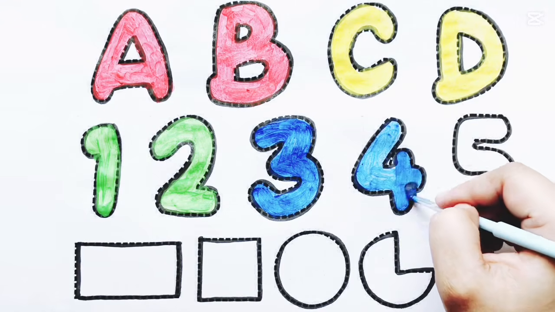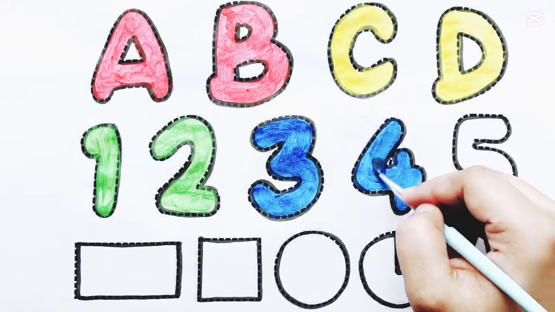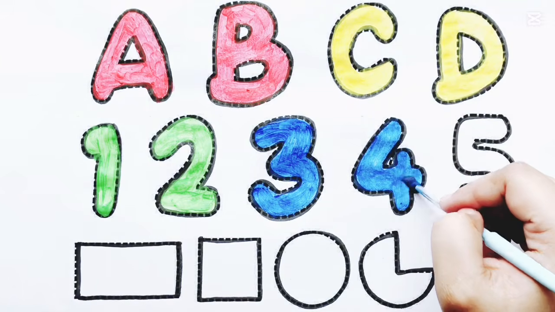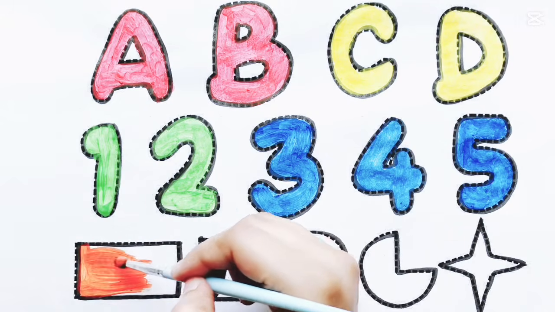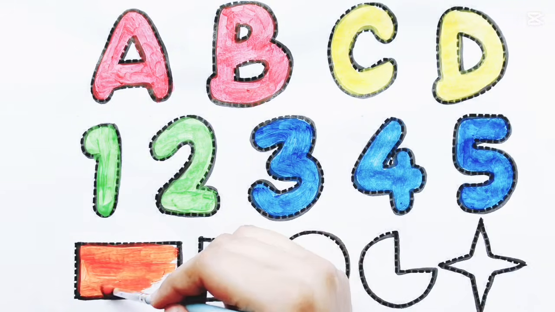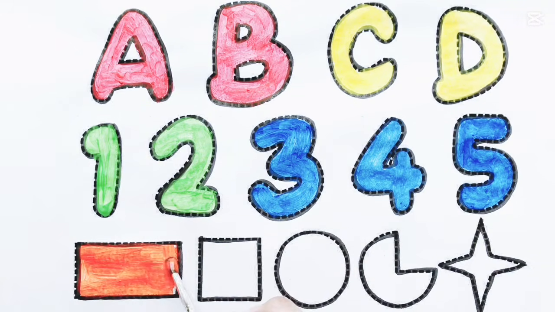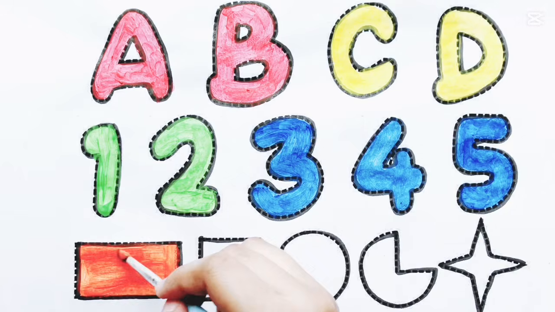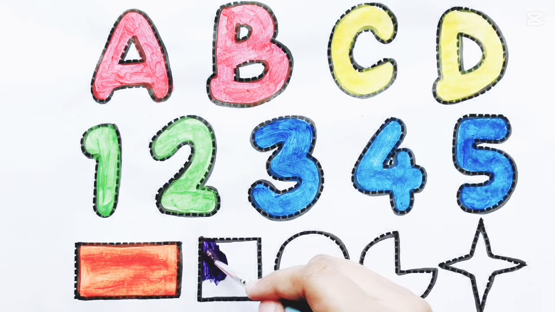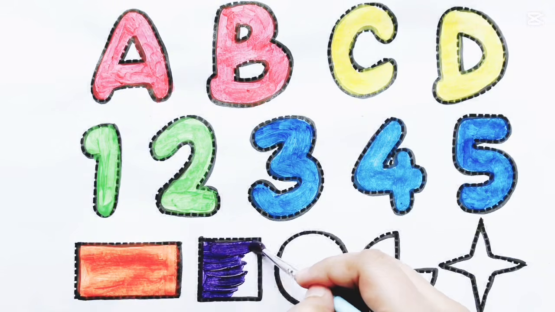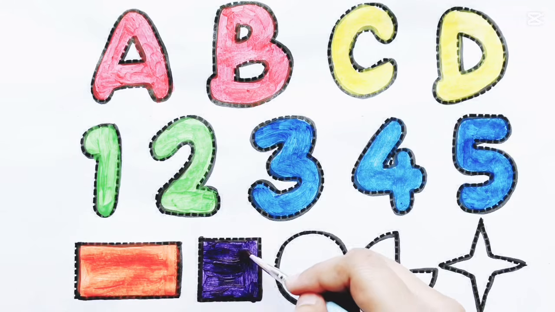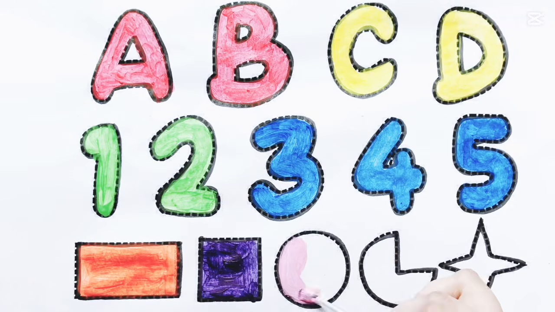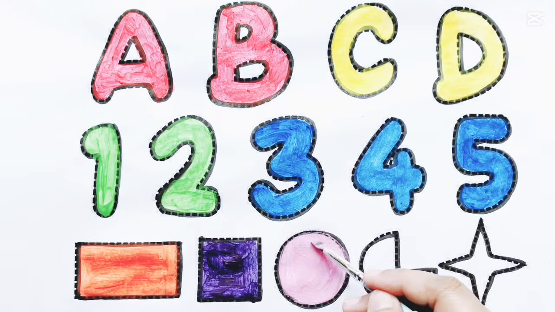Amazing art. 1, 2, 3, let's go. A, B, C, count the rhythm and 1, 2, 3. And number 5. All together, A, B, C. Orange color, this shape is rectangle. 2, 3, we're singing all together. Purple color, square, A, B, C, count the rhythm and 1, 2, 3, we're singing all together. A, B, C, light pink color, rhythm and 1, 2, circle, we're singing all together.